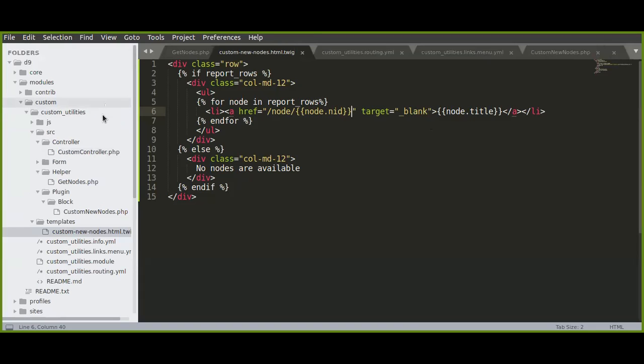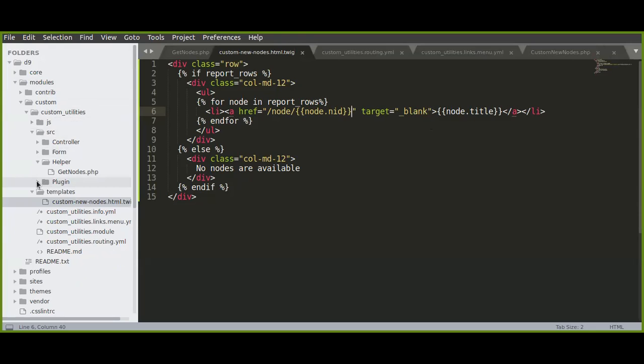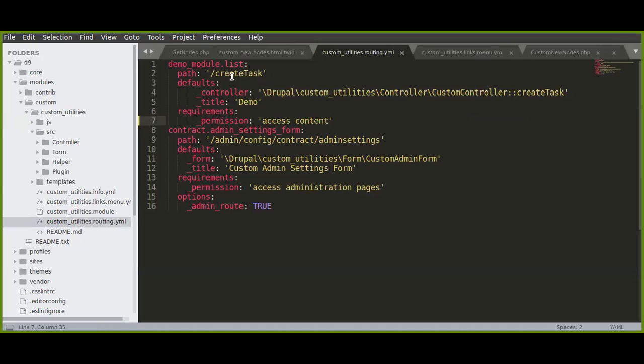Okay. This is the coding part. This is the working functionality available in this coding part. So as discussed yesterday, I have created a route, right? This is the route I have created, create task. When navigating to create task, I'm able to see the route information.